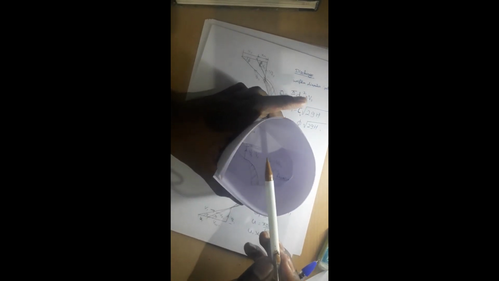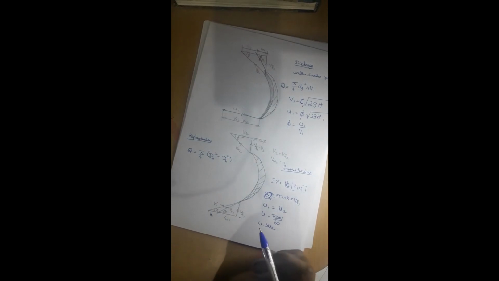Here also blades will be kept as in the Francis turbine, but the blade thickness is negligible. Here also the blade is negligible, but the center hub is very large. So for the Kaplan turbine, the Q will be of formula pi by 4 into (d outer square minus dh square). dh is nothing but the hub diameter or the center diameter which is there. So the rest of the discharge formulas and all these procedures will be the same,